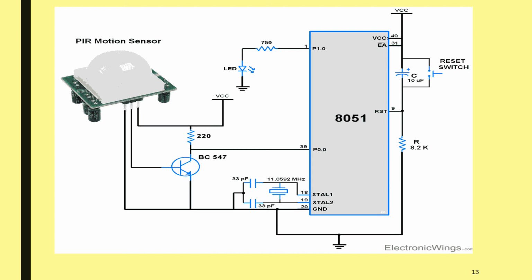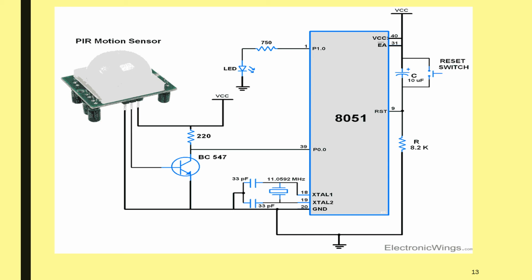Connections: you can see the 8051 considers the voltage between 2.2 and 5 volts as its port pin being high, and the voltage between 0 to 0.8 volt whenever it is low. Since the output of the PIR sensor module has only two states, high is 3.3 volts and low is 0 volts, it can be directly interfaced to the 8051 microcontroller.